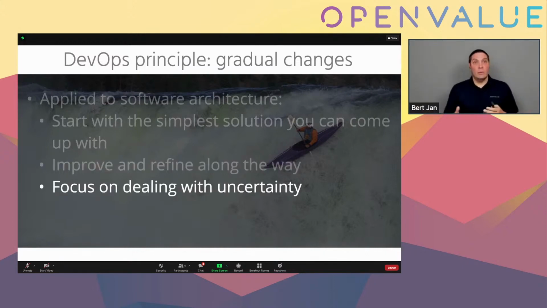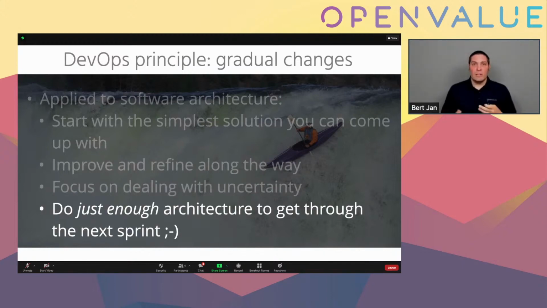And focus on dealing with uncertainty. So whenever, as a software architect, I need to make decisions, I try to think about short-term and long-term effects. And things that have high uncertainty and high risk are something you need to look into right away. Things that have high uncertainty but low risk are probably something that you can pick a solution for and go with right away and see whether you need to change something along the way. So try to deal with high uncertainty and high risk issues first, and the other ones plan them or postpone them and deal with them whenever you need.